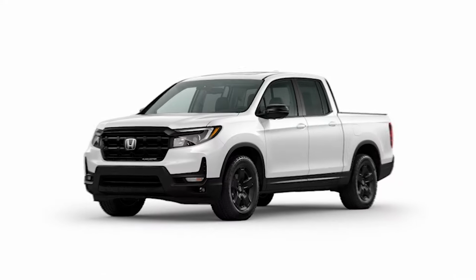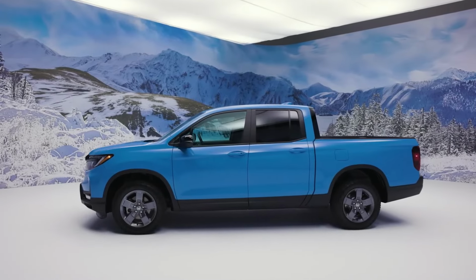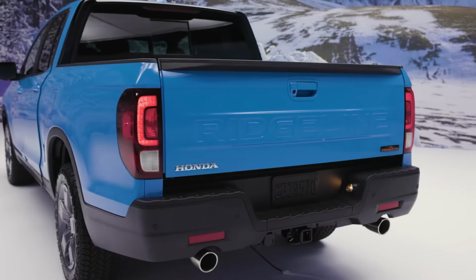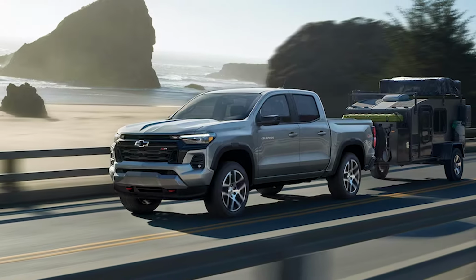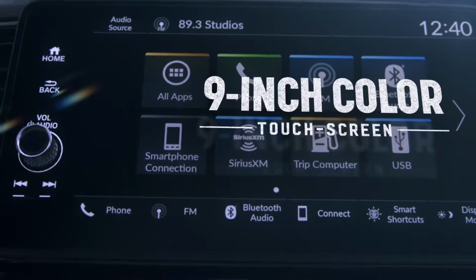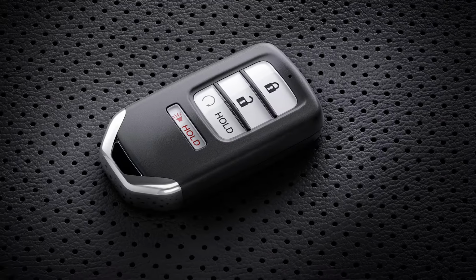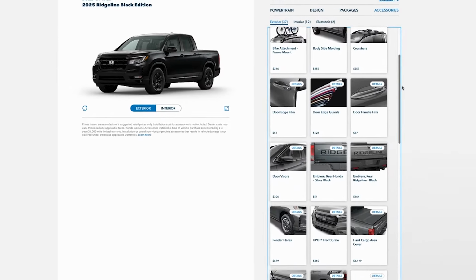Trim levels and pricing. The 2025 Honda Ridgeline comes with the base price of $40,150, and although that's a notably higher starting price compared to most rivals, there is a lot you get in return. For the money, you get not only a pickup with superior ride quality and refinement, but also a well-equipped vehicle. That base version comes standard with a 9-inch infotainment screen, a 7-inch digital instrument cluster, wireless smartphone integration, 7 speakers, remote keyless entry, remote start, tri-zone climate control, and many other things that typically don't come with base variants